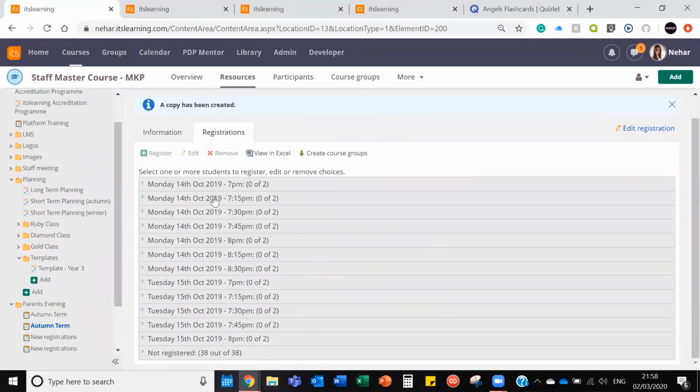Within here, I've got two different time slots. So this is for my classroom that has 2 teachers, hence the 2 different seats. So it means they could do 2 parents at the same time. This is obviously completely made up. It was actually used for last year, hence the date. But if I show you how to create a brand new one,